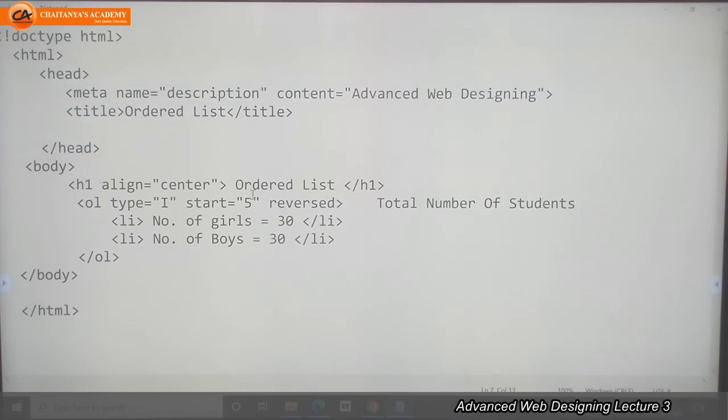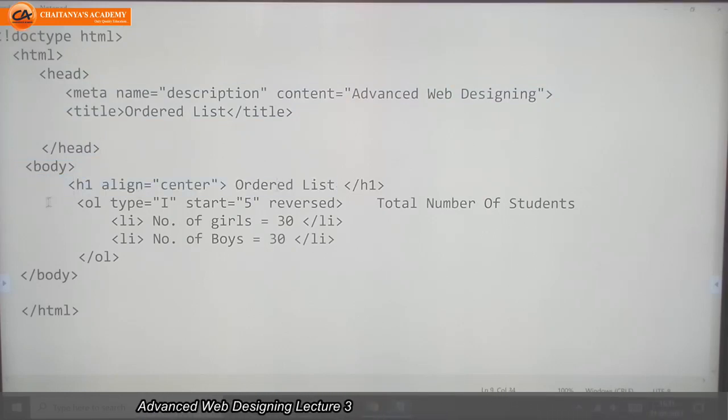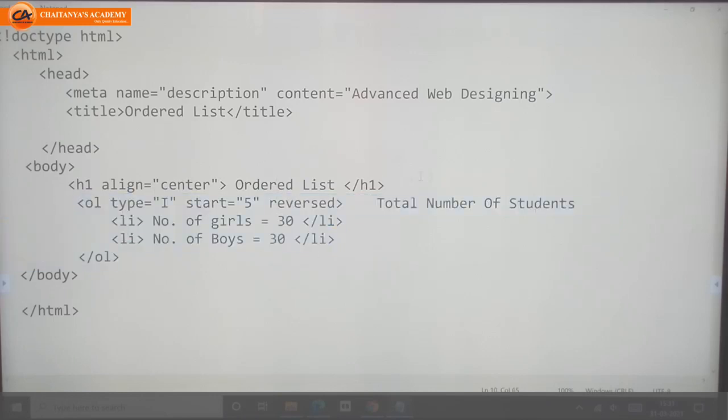Inside the body tag, whatever I want to display, I write in H1 as heading, ordered list. This is the label of my ordered list, and these are the list items. For this purpose I need to use OL. OL means ordered list, start of ordered list. This is end of ordered list.